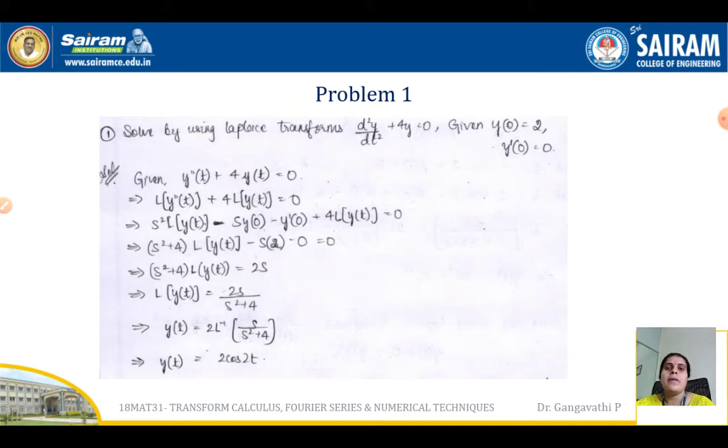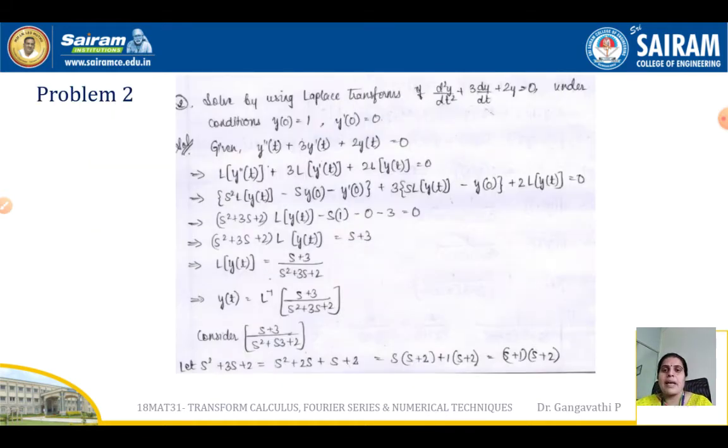Make a suitable substitution for the derivatives given in the equation. And the fourth step would be to substitute the conditions given in the problem and simplify, and try to get a simplified version. Keep L of y of t on one side and remaining all towards the other side, and then transfer L also towards the other side so that it becomes L inverse, and there you have to apply a suitable method to get the expression for y of t. So this is how the working rule goes. Try to remember this working rule and apply the same working rule for all the problems so you can land up with the solution. So let us see another example.